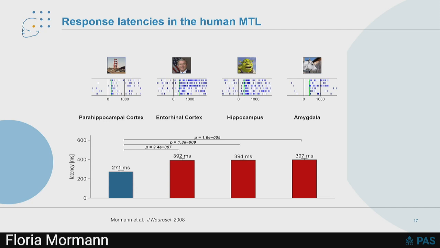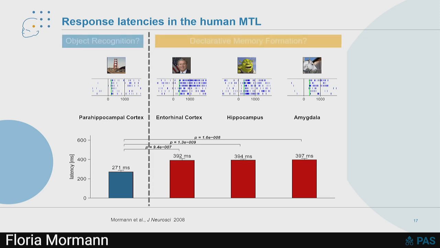We also know that conscious perception is required for these cells to be activated, right? If I can trick you into seeing something that's not there, these cells will also be tricked. So they strongly correlate with the conscious perception, meaning that the emergence of a conscious percept must have happened before these cells get activated. And maybe the earlier regions, such as the parahippocampal cortex, subserve object recognition and are where